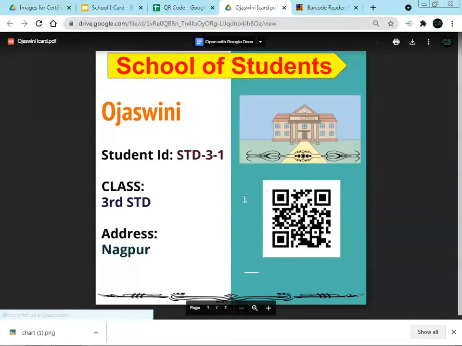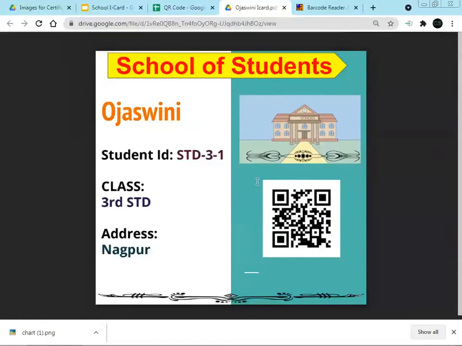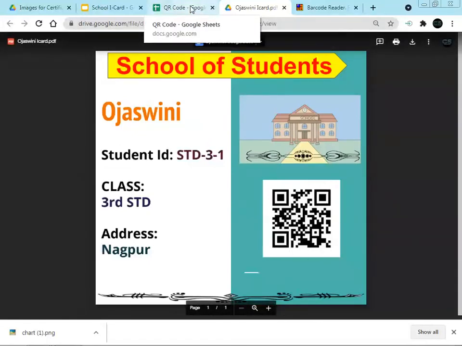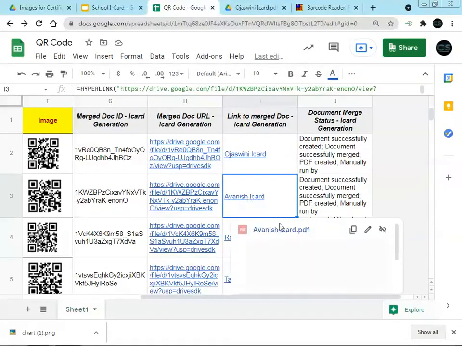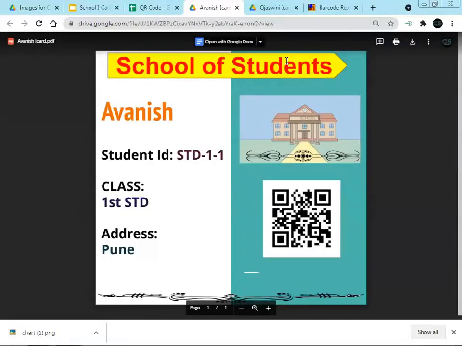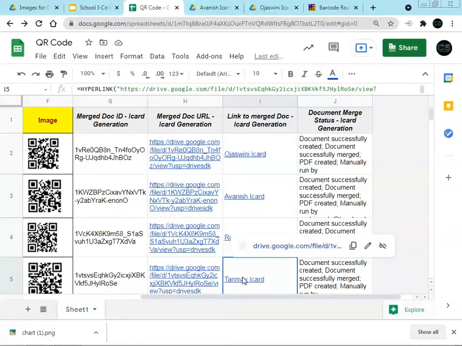All the information is stored in the form of PDF, and the PDF contains the information of the student itself, which is embedded or encoded in the form of the QR code. In this way we can create QR codes for n number of students without using any tool. If we were to use an add-on, we would get only 20 or 30 or 40 certificates. By using this process, n number of documents can be created easily without any add-on. This is a very simple process.